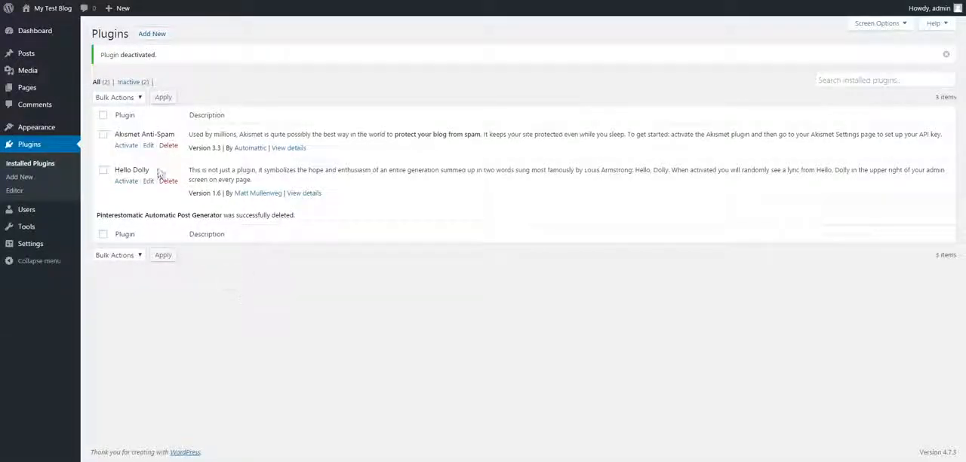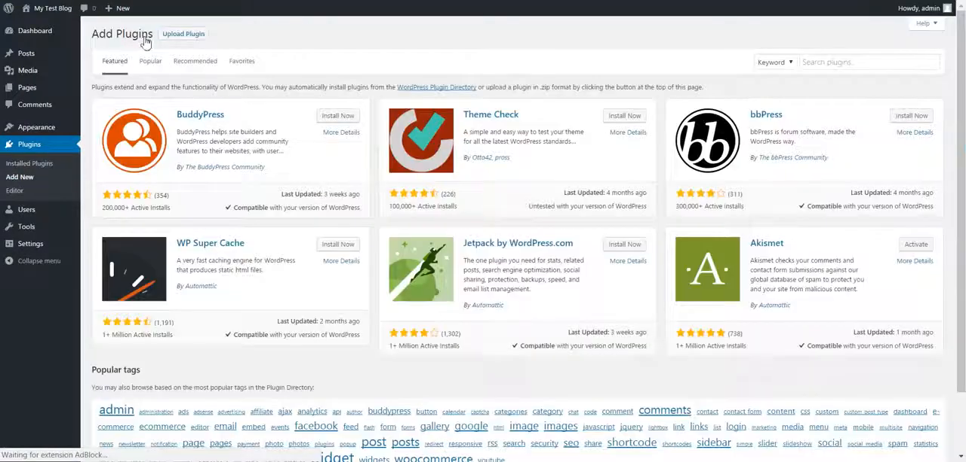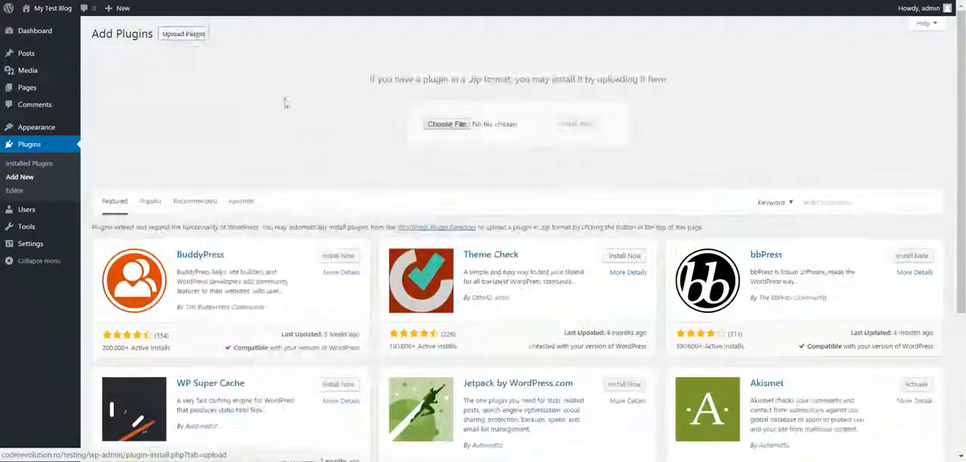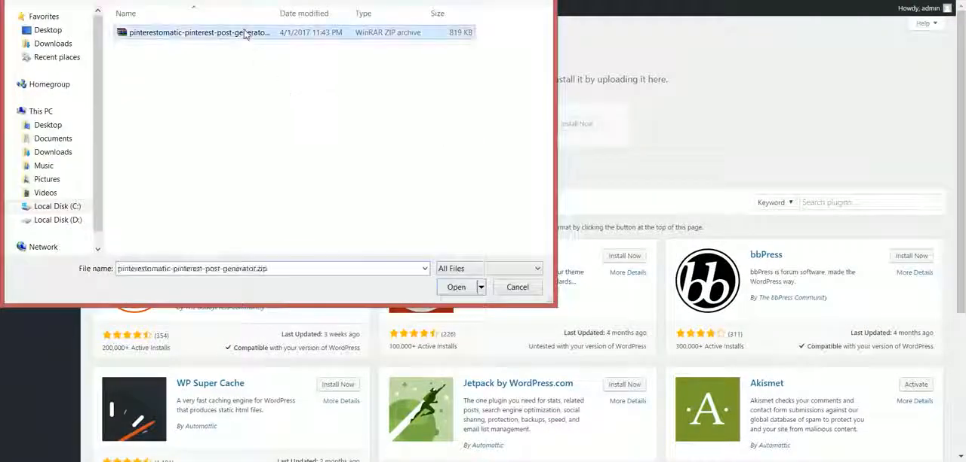Hello and welcome to a new demonstration video where I will show you how to install and configure my newest plugin, Automatic Pinterest Post Generator. This plugin can generate posts from WordPress to Pinterest and from Pinterest to WordPress, so both ways are capable of. To install the plugin, click Plugins, Add New, Upload Plugin, choose File, navigate to the zip file you